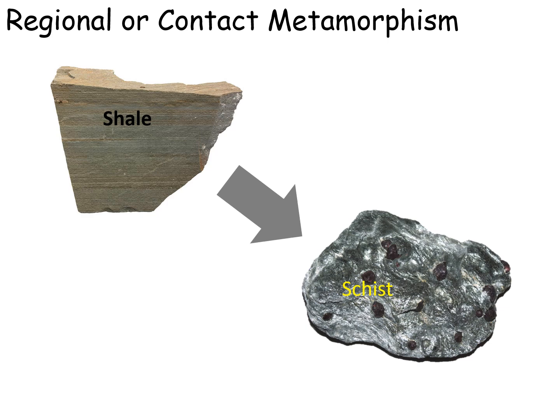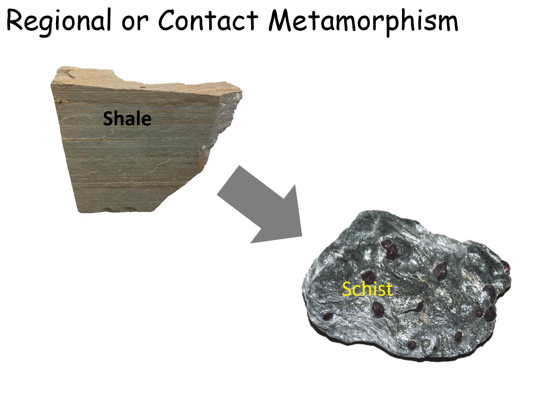This short slideshow will explain how rocks change chemically during metamorphism. Metamorphism is the process by which rocks change due to high temperature and pressure, and for the most part is a closed system process. That means that whatever elements are present in the protolith or parent rock are also present